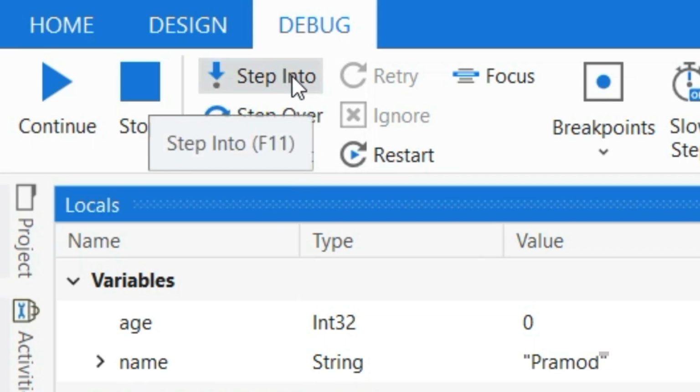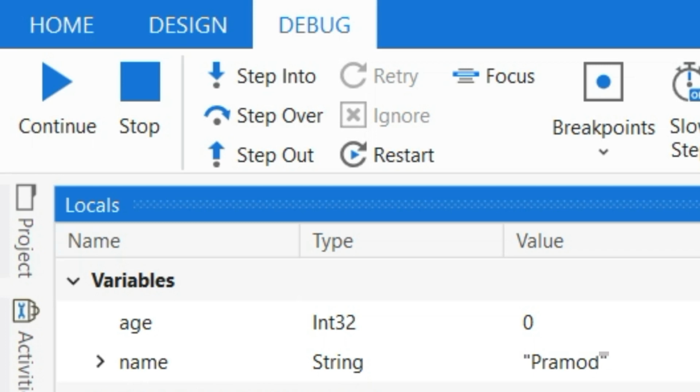When we press Step Into, it will go inside the activity and execute it, so if it has more activities inside, it will go inside those. Step Over will execute this whole activity and go to the next activity. And Step Out means it will finish the execution.